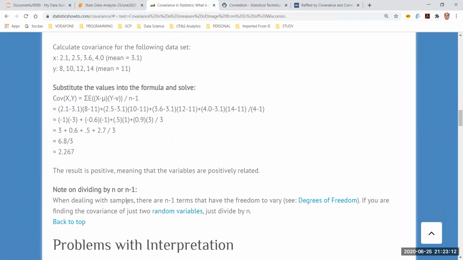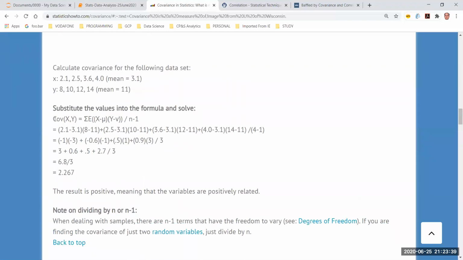There is a notion of this n minus 1. N minus 1 is done for Bessel's correction, also known as degrees of freedom. Degrees of freedom is something which we have not looked into. We may have briefly looked into it when we were doing the ANOVA, but I'm not sure. I think we have not looked into the degrees of freedom. That we will look into at a later stage. Please don't worry about this line right now. Okay, but